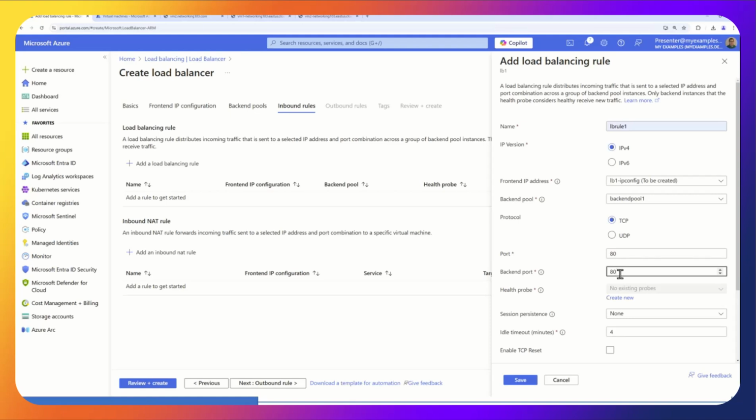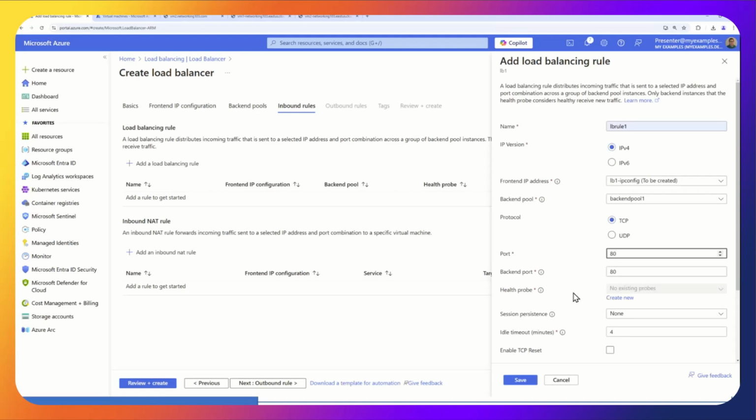But you might say, hey, I want my web servers to really be served on port 81 or some non-standard port. And then you have your users come in on port 80 and then a non-standard port. So it's an extra layer of, if something is misconfigured, people won't accidentally be bypassing the load balancer.